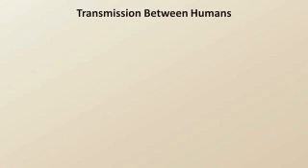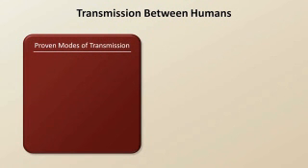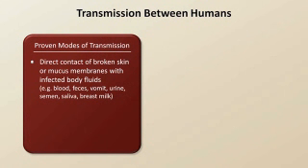So in the case of Ebola, how exactly does that transmission occur? There are 2 proven modes of transmission. Over 99% of cases between people are transmitted through direct contact of broken skin or mucous membranes with infected body fluids, which can be just about anything. Blood, feces, and vomit are believed to be the most infectious, but Ebola can also be spread via urine, semen,